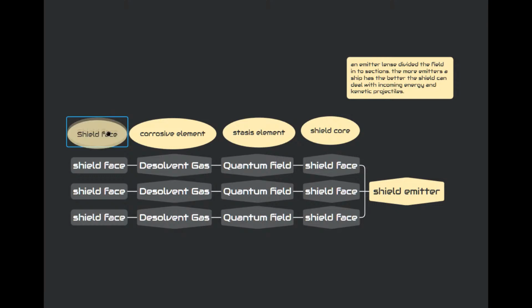So what is that specific missile going to do? It's going to enter the actual quantum field as it passes through the shield phase, into the dissolvent gas. Now, the dissolvent gas will eat away at the shield because it's in the stasis field. So this is the stasis element. The stasis element reduces the time scale of